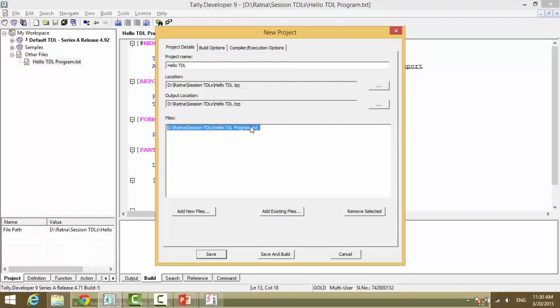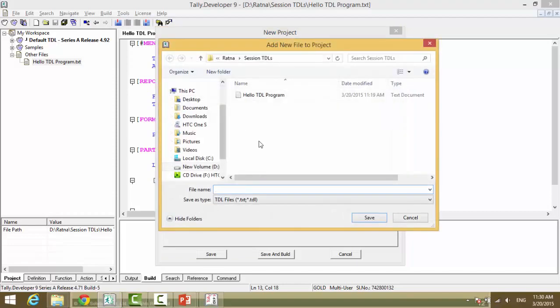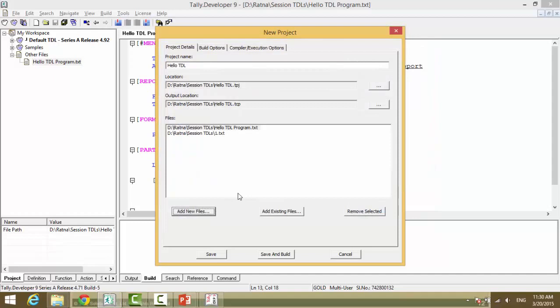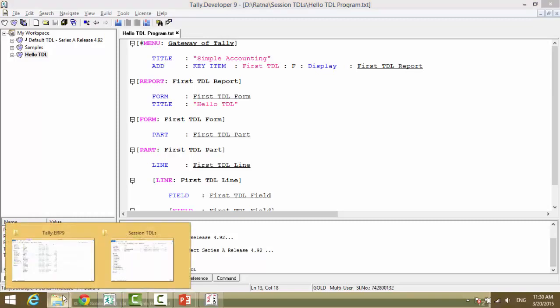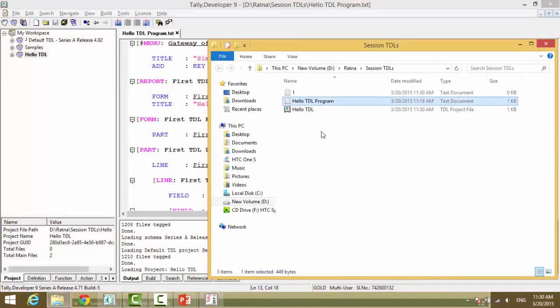You can add multiple text files. Either you can click on new, add new files, and add one more file and save, or the other way is, say a file is created here,